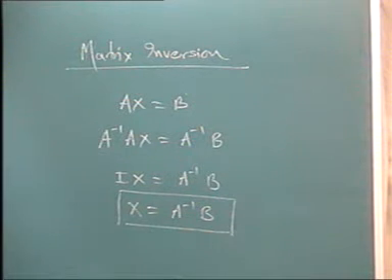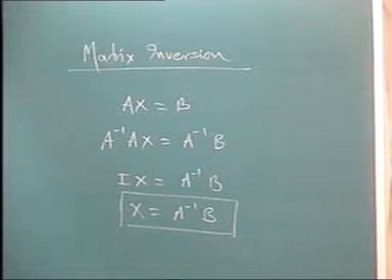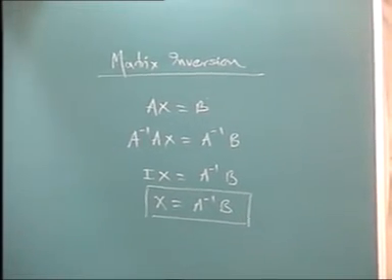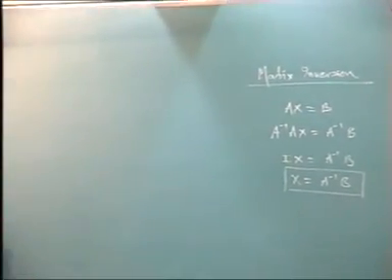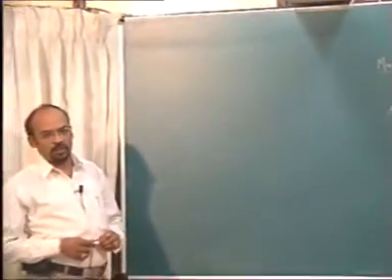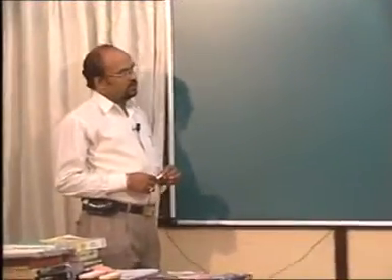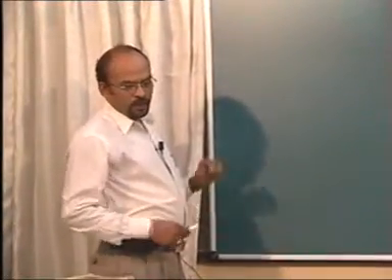Ultimately, in the matrix inversion method, we are required to find the inverse of matrix A. And if we could find that inverse, then you will have to simply multiply it to B and you will get the roots of those simultaneous equations. Question is, how do we find the inverse?